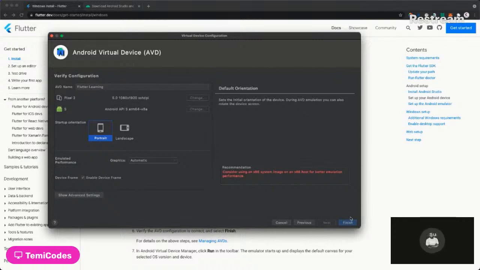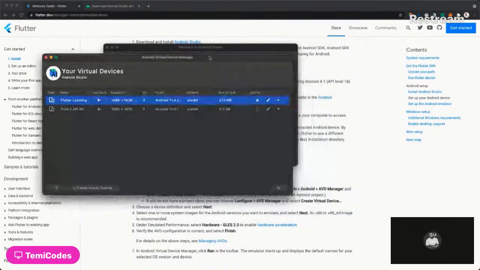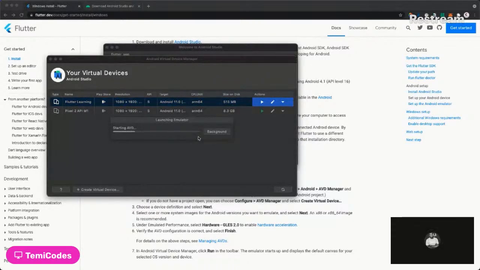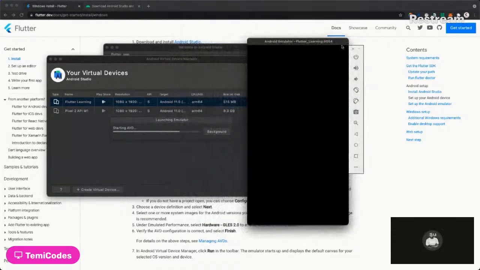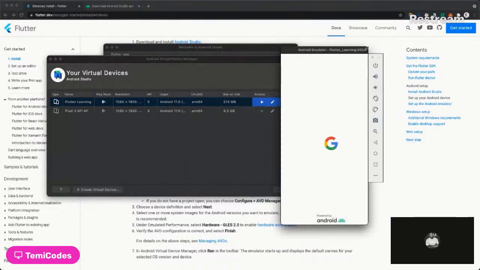Then we hit the finish button here. And once we click on finish, it's going to create. Okay, now it has created. To run this, you are going to just click on the play button here, and it's going to run. Let me show you what it's doing. So it's currently running. You see Flutter Learning here, and